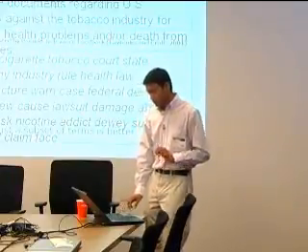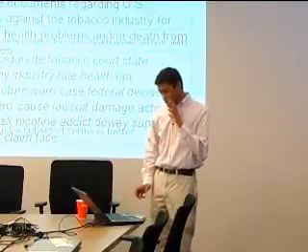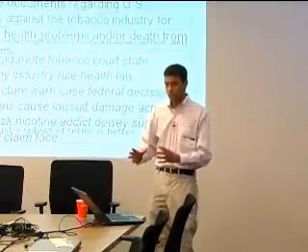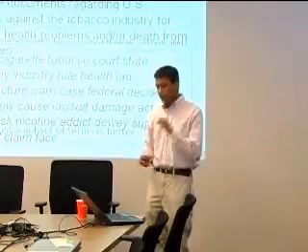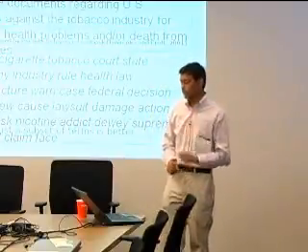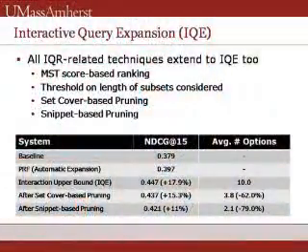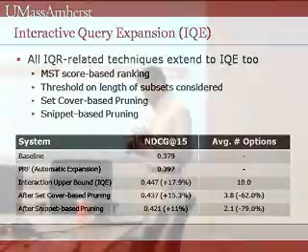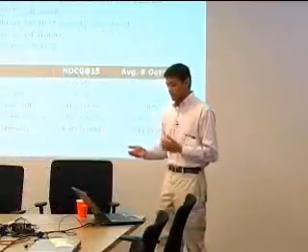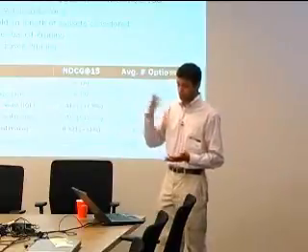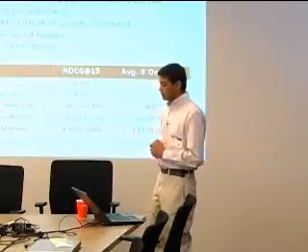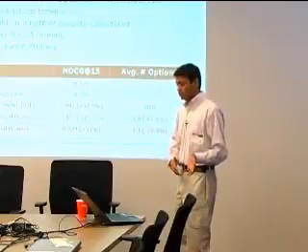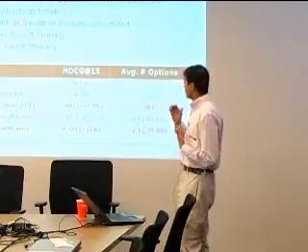So the claim here is that from this set of terms suggested by an automatic technique, we can find a smaller subset that delivers better performance. In this case, we'll refer to this technique as interactive query expansion, as opposed to interactive query reduction. And all the techniques that I've described until now for interactive query reduction extend to interactive